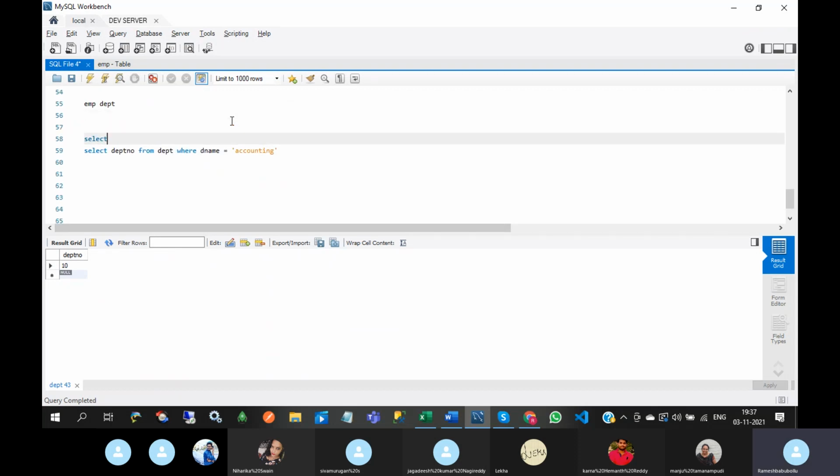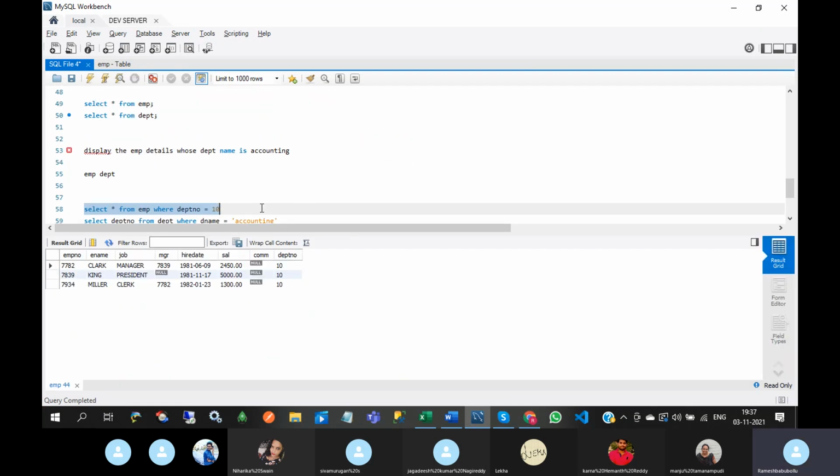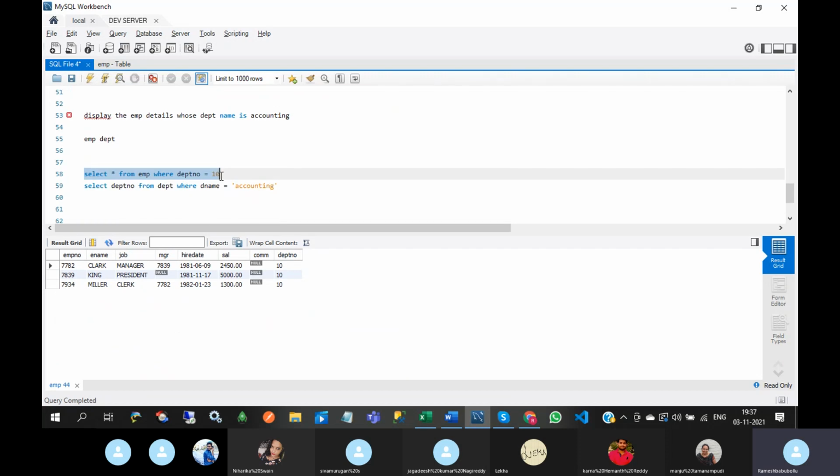After this, we need to pass this value to the employee table, where DEPT number equal to 10. So this is the way to find the employee details.